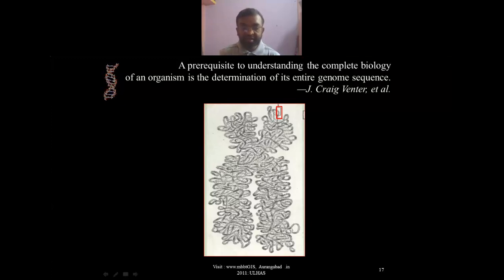These are referred to as the colored bodies. Actually, in true sense, they are never colored bodies in the cell. But when these are stained by several stains like Feulgen stain, there is an absorption of color and they are intensely seen under the light microscope. Hence it is referred to as the chromosome. Chromosome means colored body, but in true sense they are not colored. Only thing is that they absorb more stain due to their acidic nature. So this is the typical feature, and this is referred to as the chromosome.